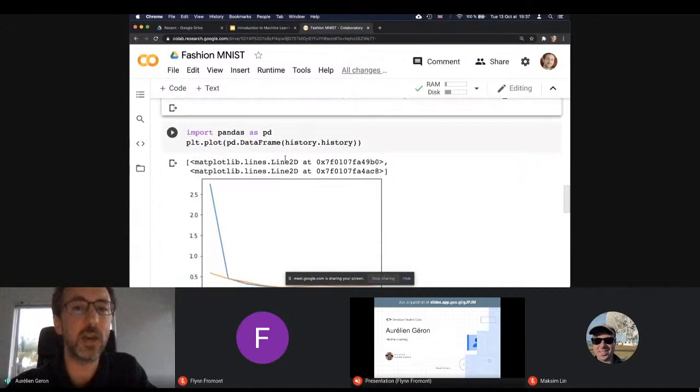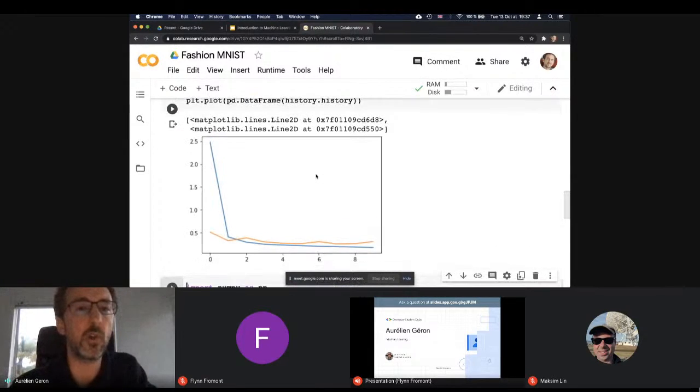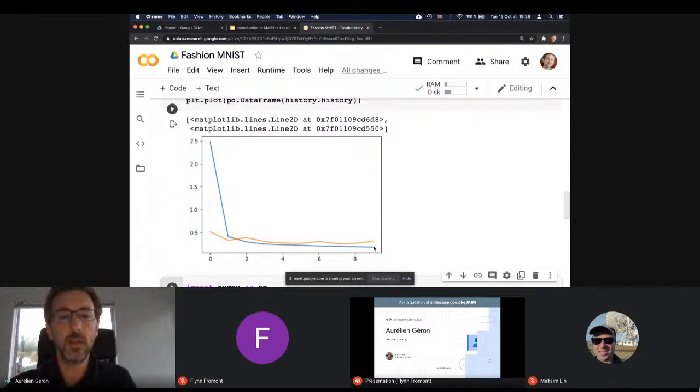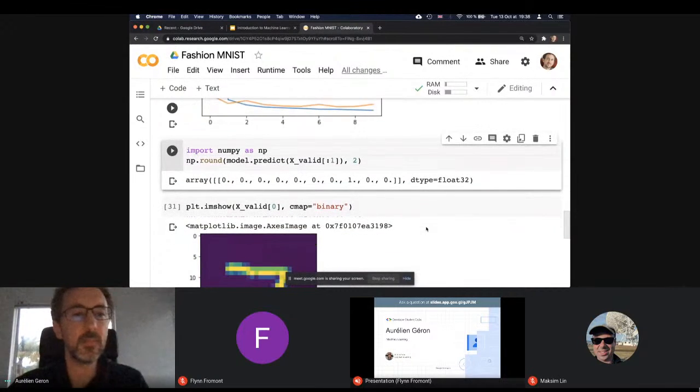Okay, so training is done. It was fairly fast. Let's plot, these are called learning curves, how the loss evolved during training. So this must be the training loss, and this is the validation loss, which went back up again a little bit and then down. And you can see that at the end, we're getting a better performance than we had at the beginning.